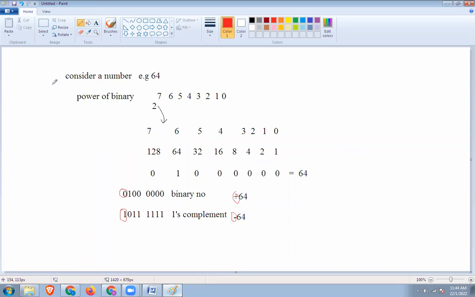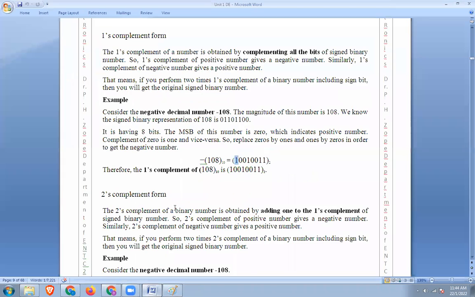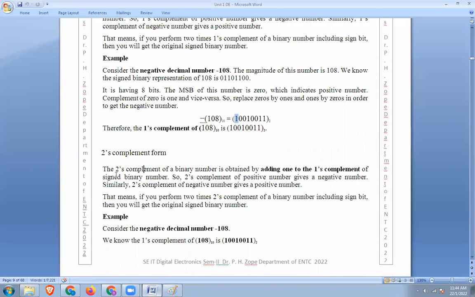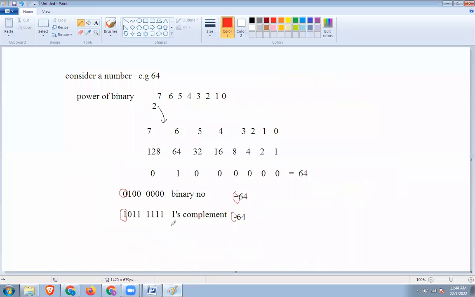ओके, तो इसी फैशन में मैं वंस कॉम्प्लीमेंट जैसे बताया, वैसे ही टूस कॉम्प्लीमेंट फॉर्म में भी जा सकता हूँ। तो टूस कॉम्प्लीमेंट फॉर्म आपको कैसे करना है, whenever you want to find out the two's complement of a number, then two's complement of a number will be obtained by adding 1 in the ones complement form. ओके, आपको 1 ऐड करना रहेगा। तो मैं जो वंस कॉम्प्लीमेंटेड नंबर है, उसमें जस्ट अगर 1 ऐड कर लूं,